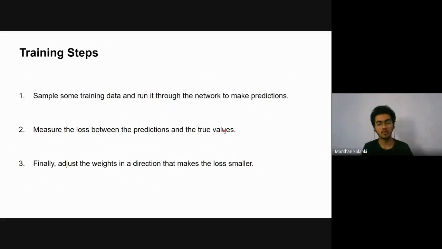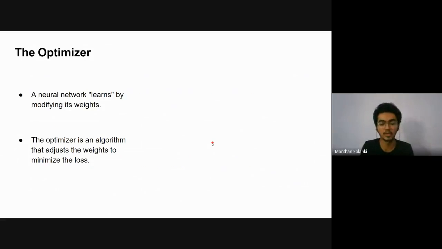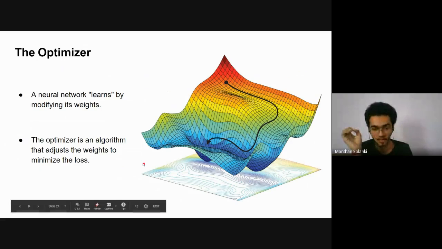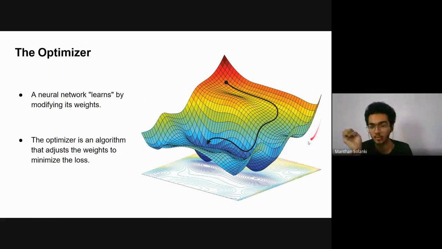So that's why we want to minimize our loss functions. How will we minimize our loss functions? That's where the optimizer comes into the picture. So what is an optimizer? Think of coming down from the top of a mountain. This is a three-dimensional example of a non-convex function. What is a non-convex function? It has local minima and global minima, but a convex function has only one global minimum.